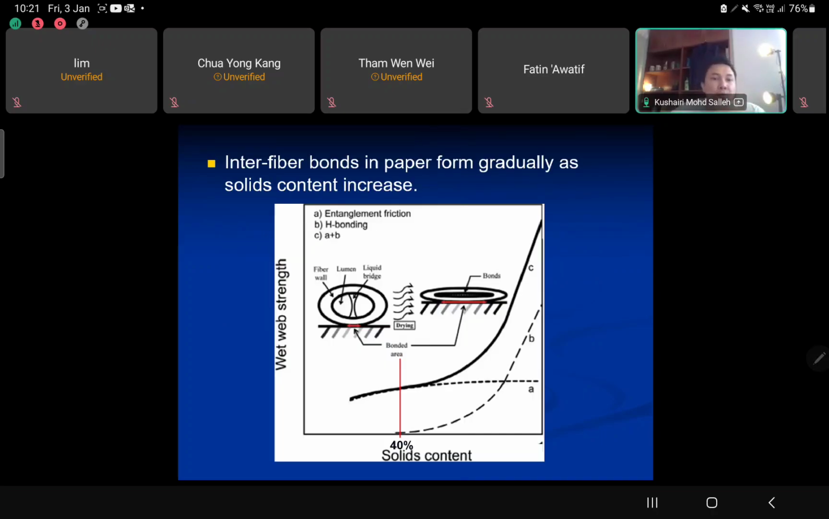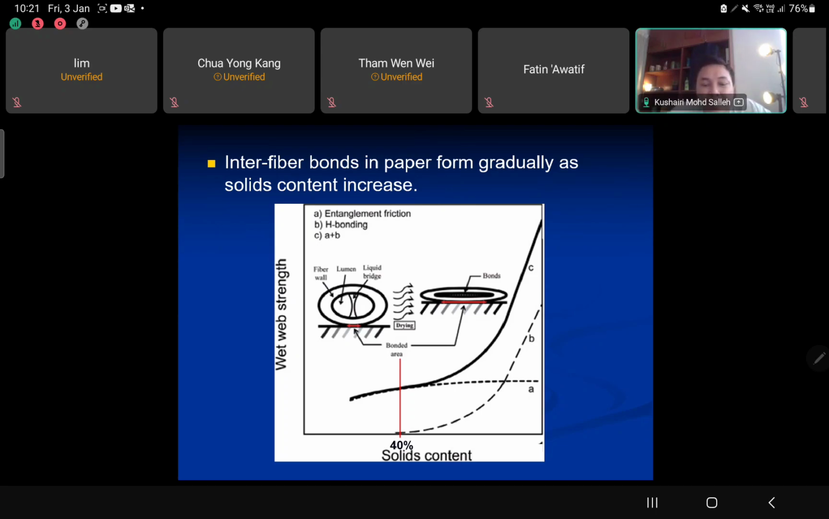So this is what we call the interfiber bonds in paper, forming gradually as solid content increases. Please refer to A, entanglement friction. Entanglement friction is the friction between the fibers, but the wet web strength increases only very slightly when we compare to B, the hydrogen bonding. So as we remove more water through the drying process,